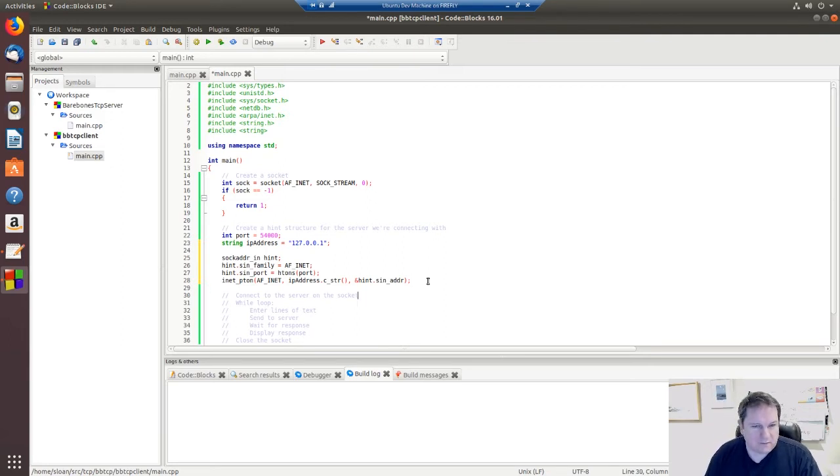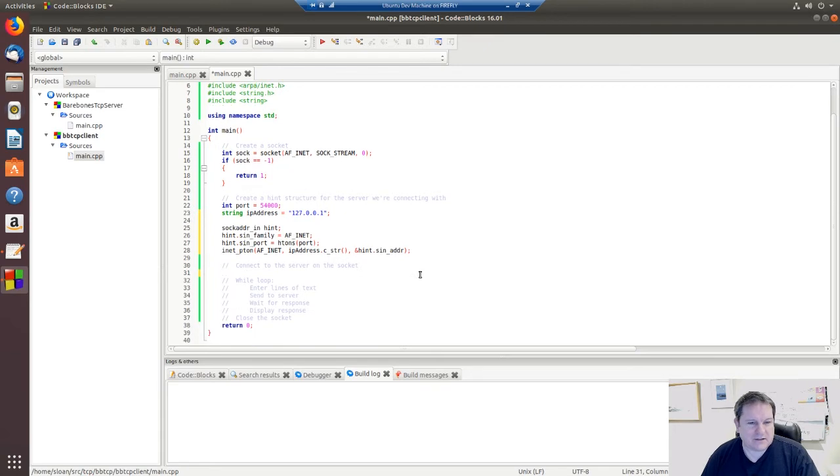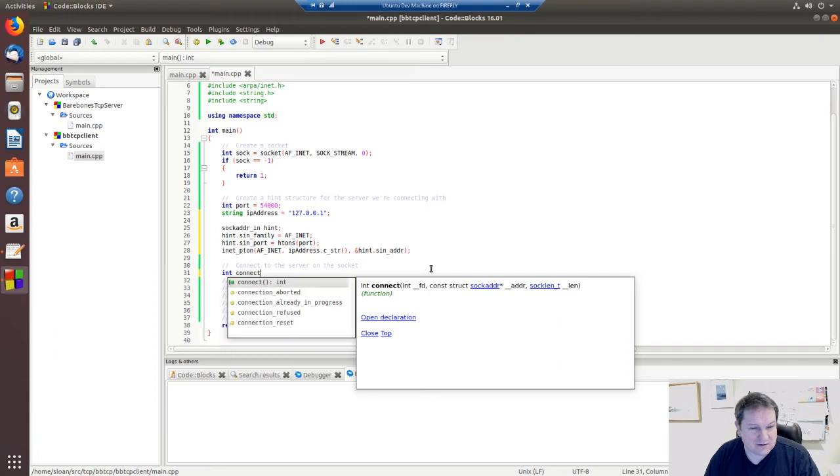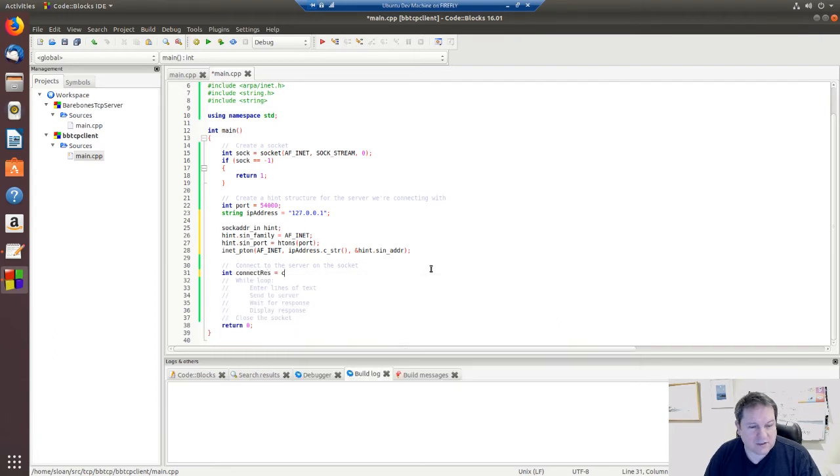Now we want to connect using the networking to the remote machine. And the way we do that is we use the connect keyword. Who knew? So let's call this connectRes equals connect,